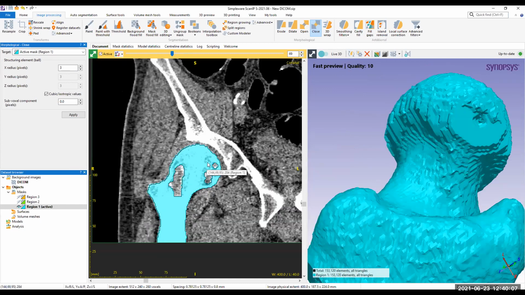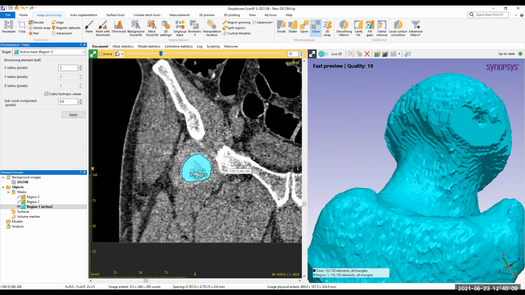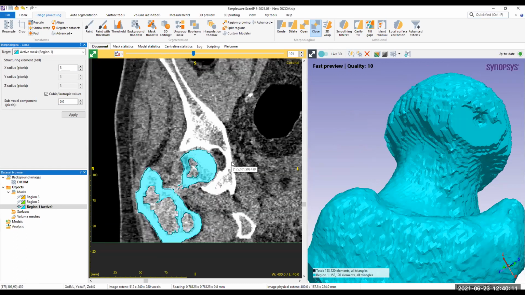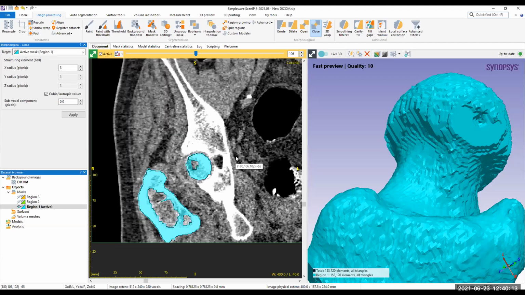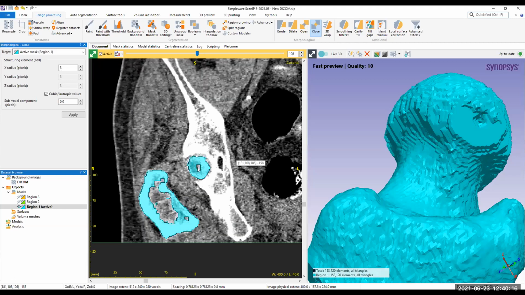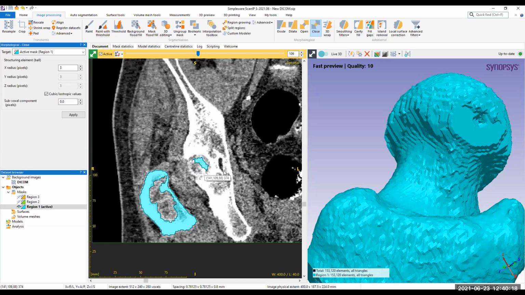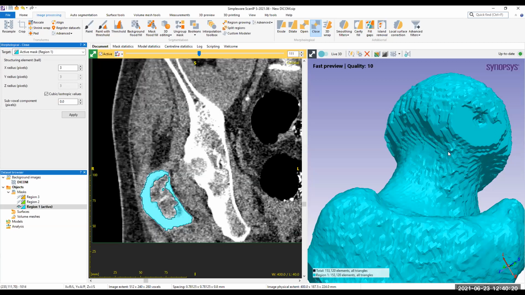So let's see where it is open. Okay, so here I can see that this part is open. Let's leave it for this demonstration purpose. I'll just go ahead and fill this up.